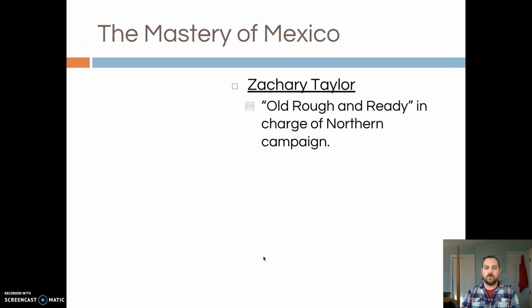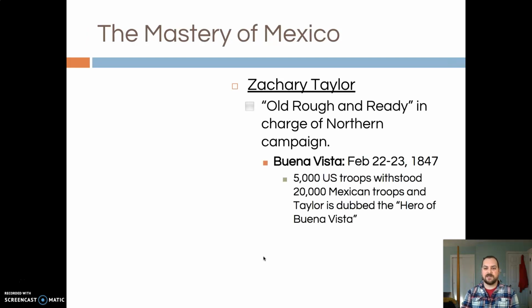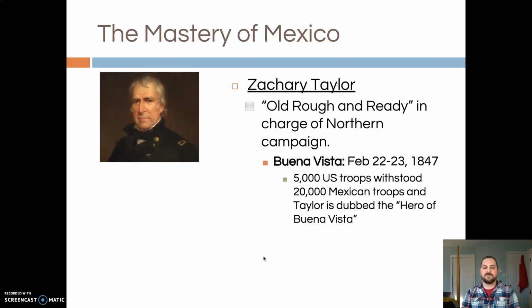Zachary Taylor, old rough and ready, was in charge of the northern campaign. He goes to Buena Vista. He earns the title the Hero of Buena Vista because his 5,000 troops defeat 20,000 Mexican troops. Now, in all actuality, they were much better armed. They were given these smaller cannons where they shot,